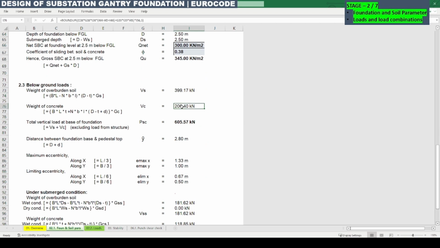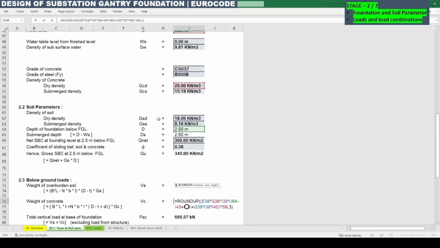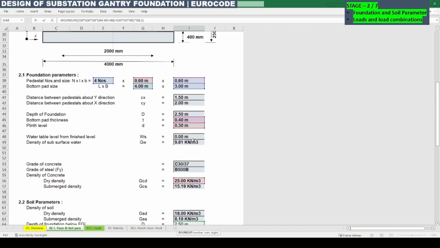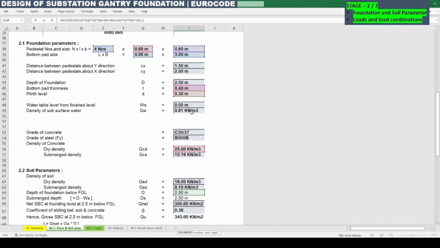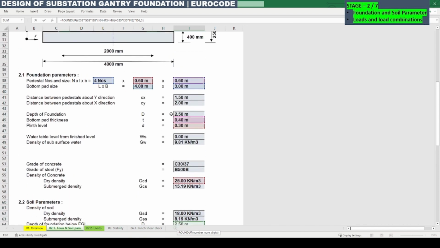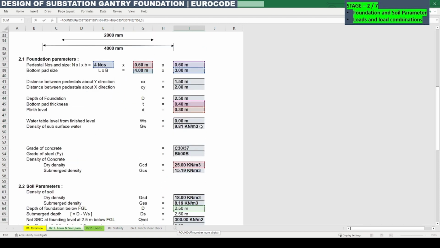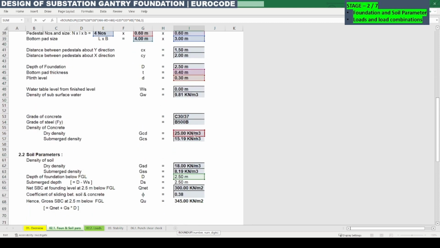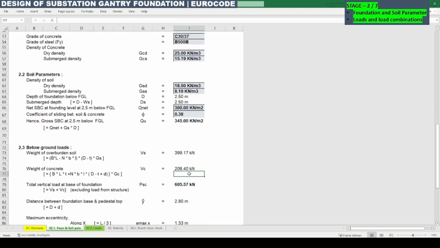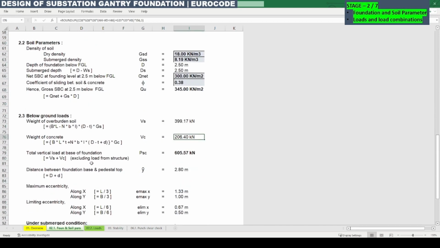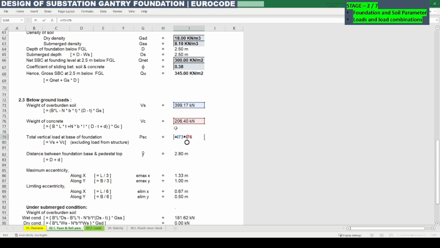and weight of concrete is nothing but multiplying the dry density with the concrete volume: 4 into 3 into 0.4 plus 4 into 0.6 into 0.6 into 2.1, where 2.1 is the height of the pedestal. 2.1 we can arrive from 2.5, that is depth of foundation, minus raft 0.4. That volume multiplied by 25 kilonewton per meter cube, we are getting 206.4 kilonewton. Similarly, for total weight, we are adding the soil and concrete weight. So these are for the dry density,